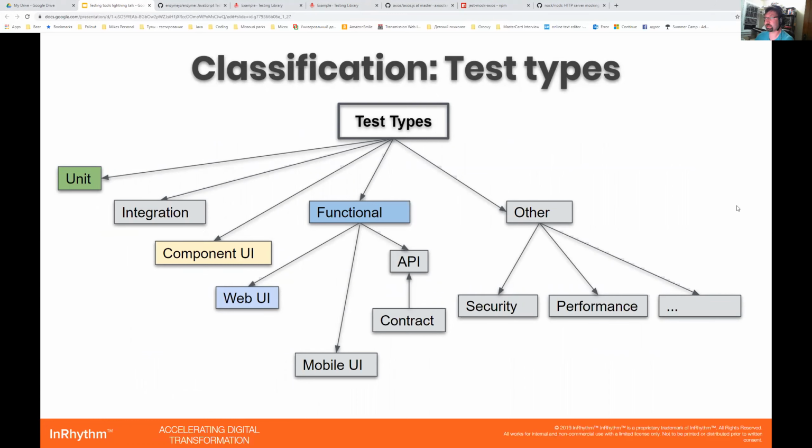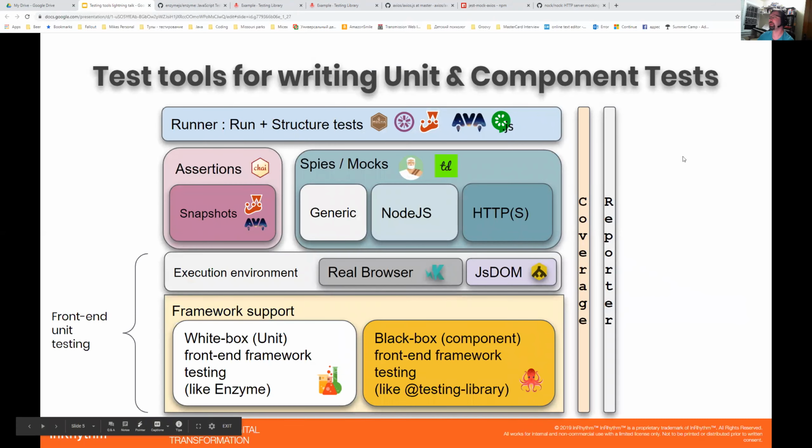Your tests may be of a different level, like unit tests, integration tests, or component tests, and finally end-to-end tests. In this presentation, we will cover unit tests, a little bit of component testing, and functional testing for web. We will not cover non-functional or API testing or mobile. And we will start from